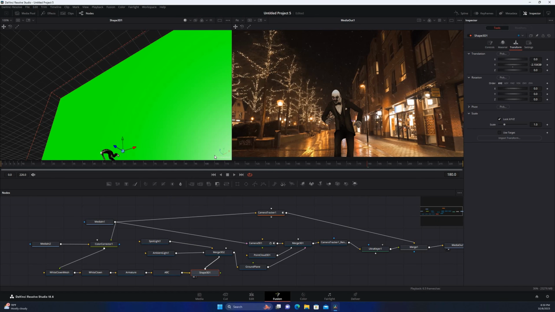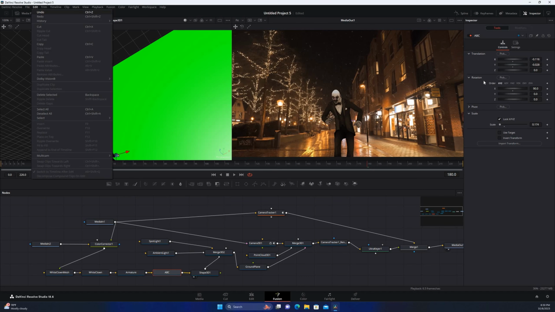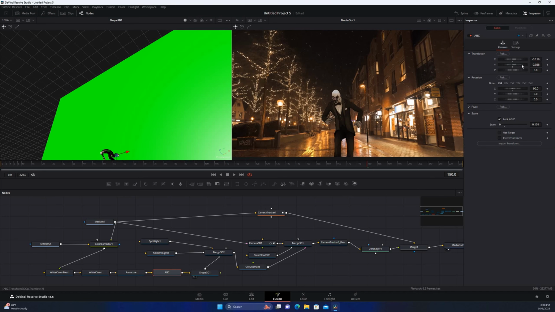Now he's actually moved forward as well, so I want to bring him back. And I'm just going to edit, undo that, and then bring him back to right where that light pole was,